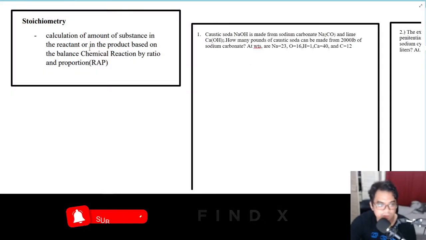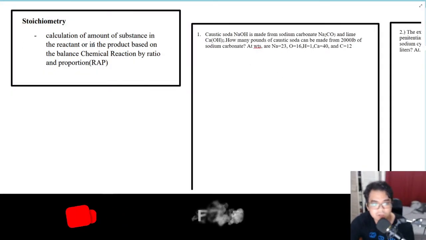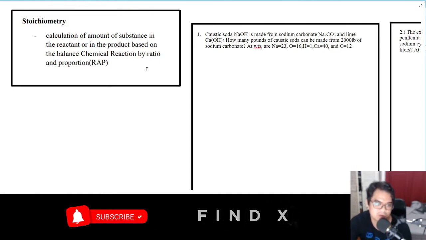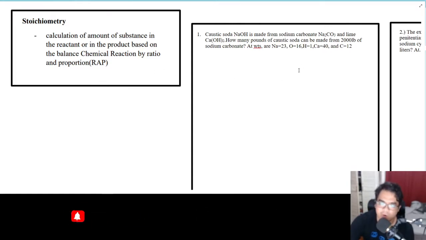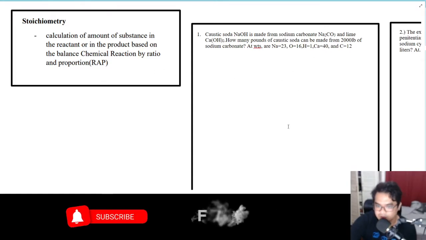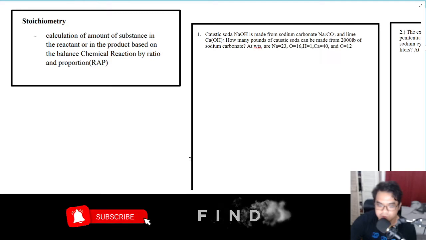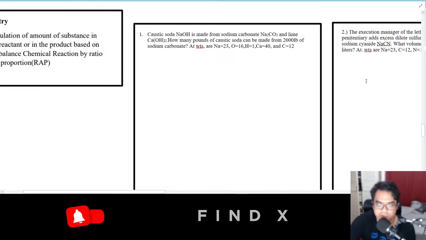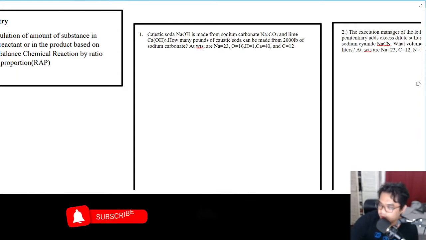We have our next topic, which is stoichiometry. So, calculation of the amount of substance in the reactant or in the product based on the balanced chemical reaction by ratio and proportion. This is actually more on balancing of the elements. So let's move on to an example so that you will be able to appreciate more the definition of